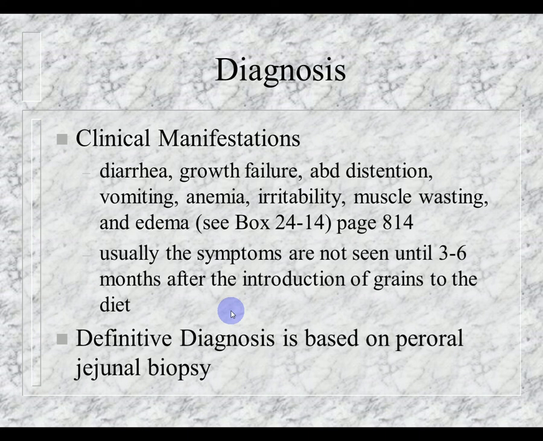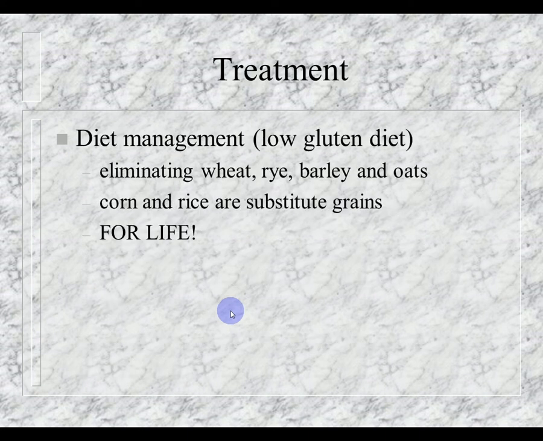Since vitamin D is one of the fat-soluble vitamins that is lacking, rickets may occur. Also, hypothrombinemia may occur because of the loss of vitamin K. So you're having a deficiency of thrombin, so that's going to result in a tendency to bleed. And in adults, they're often misdiagnosed as children. They can go 10 years before they're actually fully diagnosed with this because a lot of times they get diagnosed with irritable bowel syndrome. Treatment, dietary, low gluten diet for life, eliminating wheat, rye, barley, and oats, and substituting those